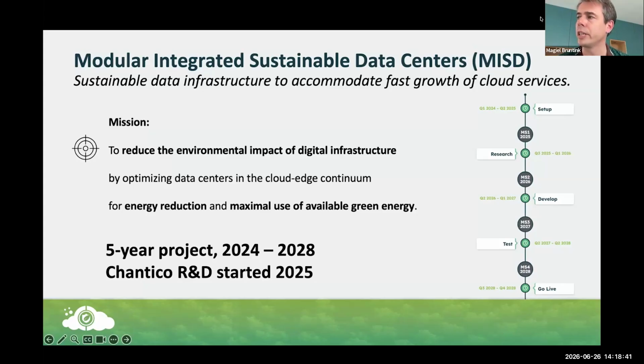So if you want to build new infrastructure, it needs to be smaller and more flexible, and hopefully also more sustainable overall by giving back, for example, heat, but being more efficient as well. So that is the overall goal of our project. It runs for 5 years. We started in 2024. So we're in the 3rd year at the moment, about halfway actually, and have funding to continue until the end of 2028. Hopefully longer, but that's not something at the moment we can promise.